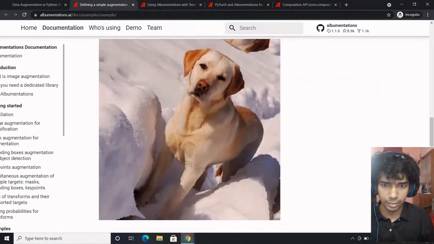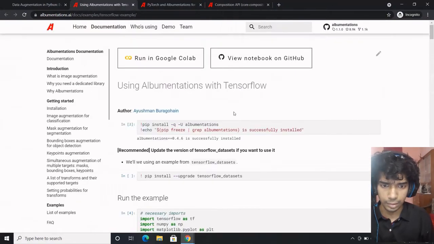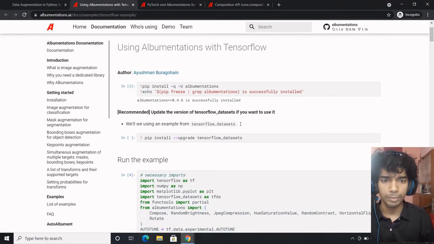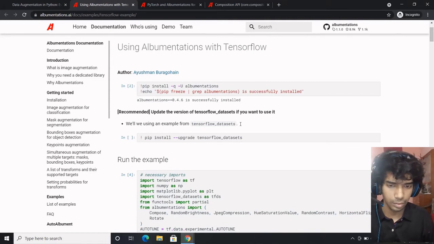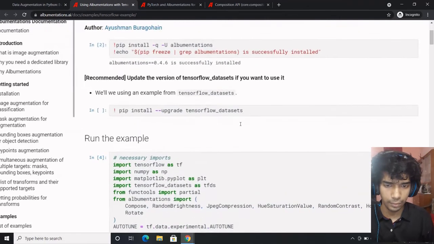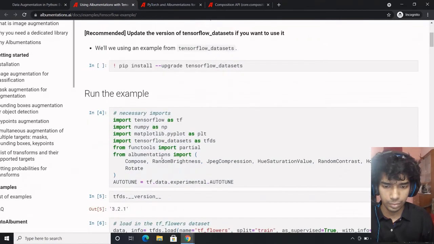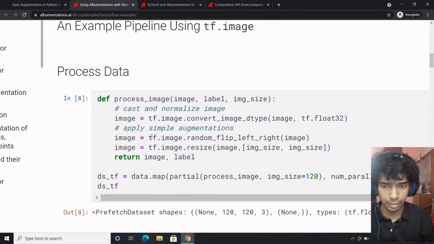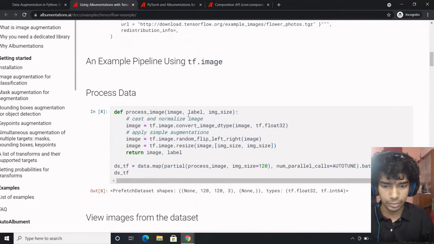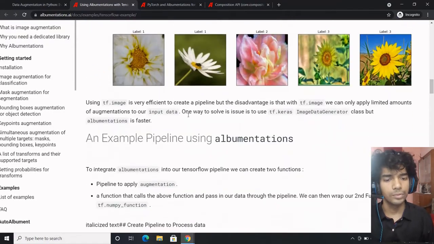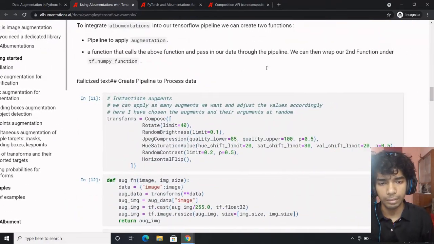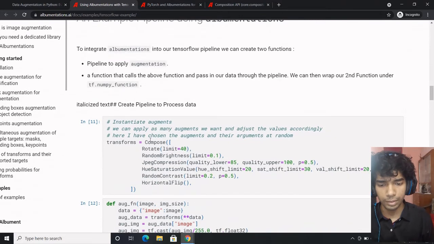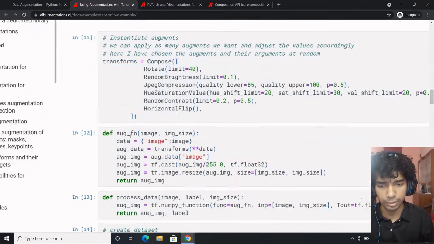Now let us move on to the next example, which is Albumentations with TensorFlow. So quite simple to use, I think. One is using tf.image, which I just showed you, and then another is a pipeline with the help of Albumentations.